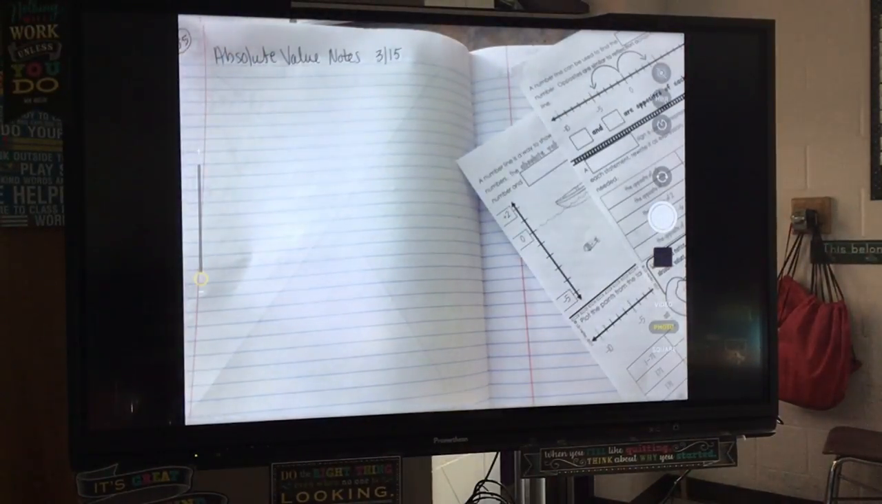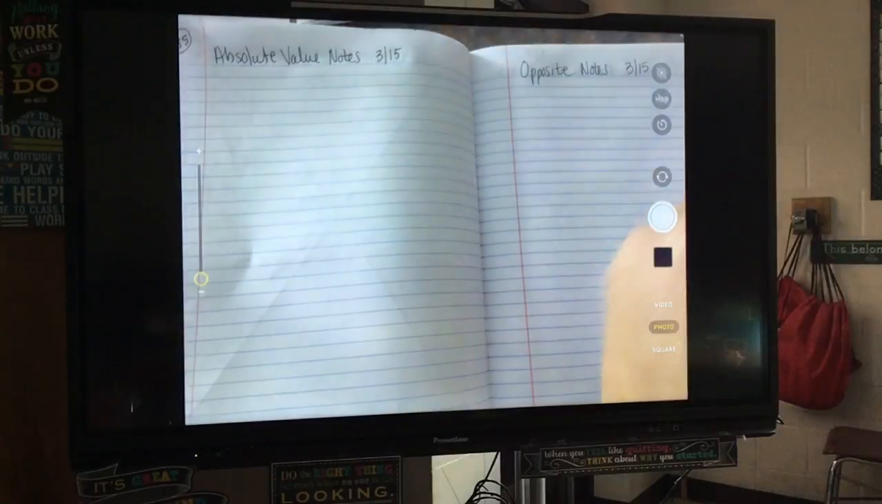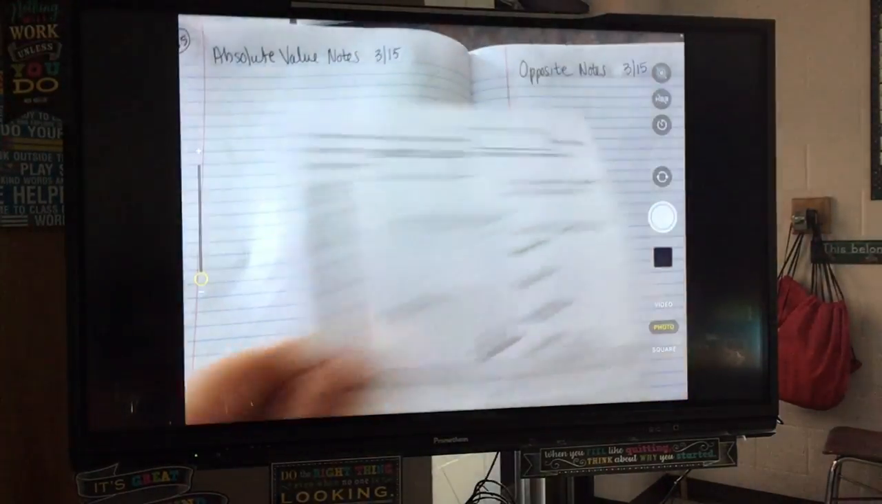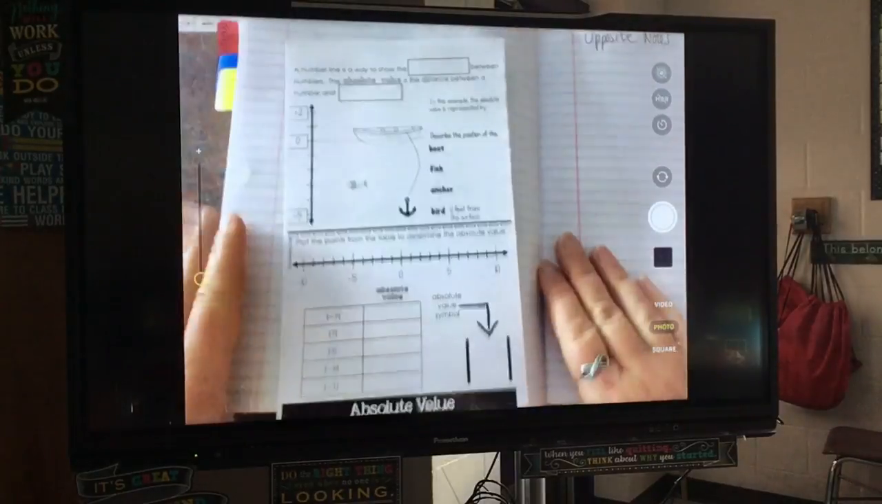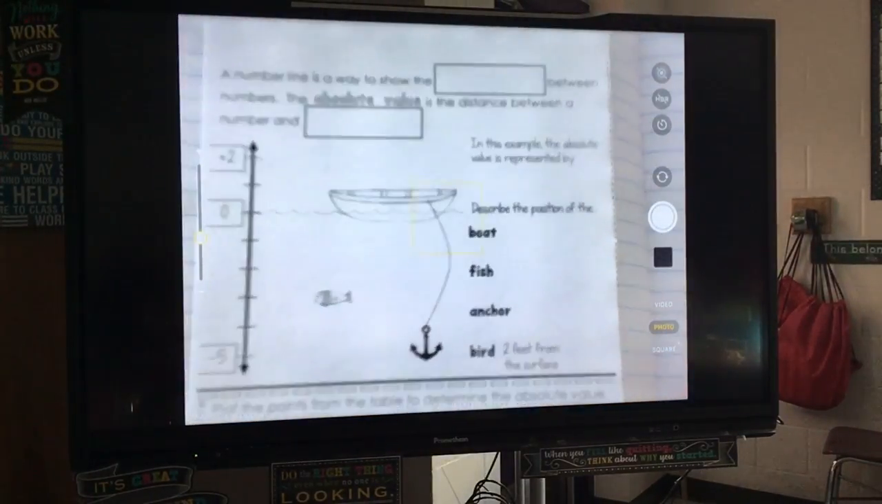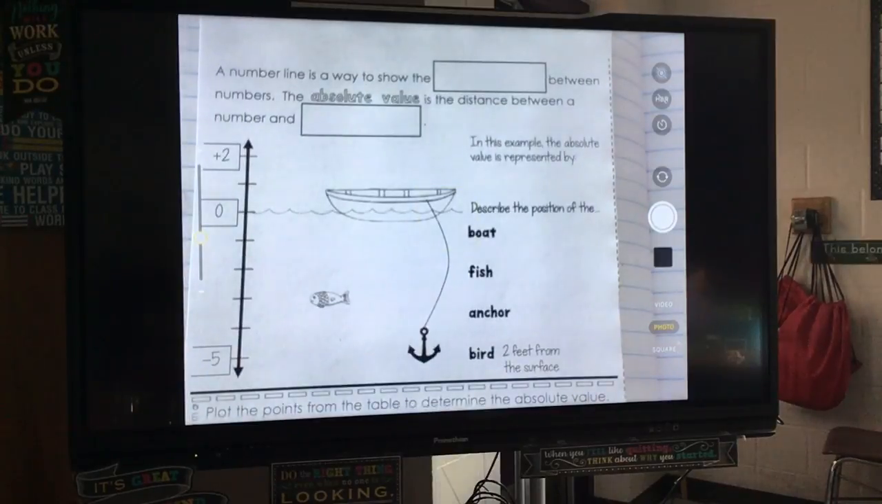But just to make sure that we have notes in our notebook to refer back to, we are going to do a quick note page on both of these items. So go ahead and pull up your absolute value sheet first, because we've already talked about opposites, so that one I'm not as worried about as just the absolute